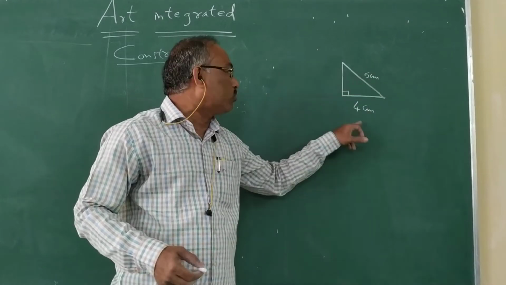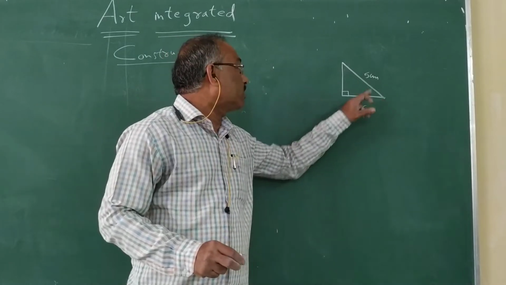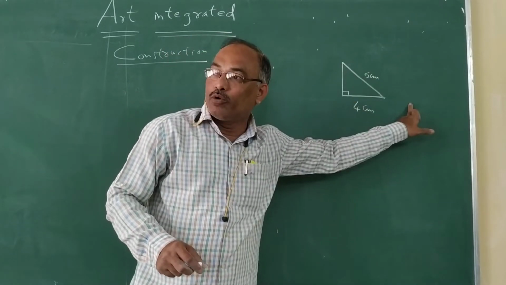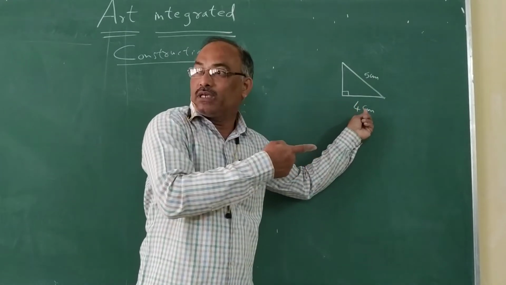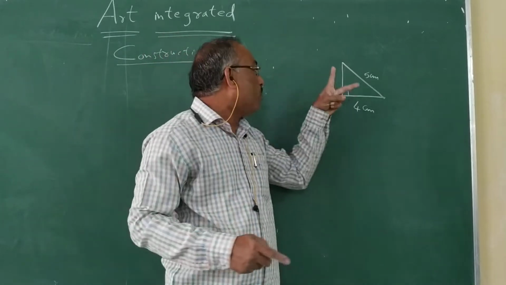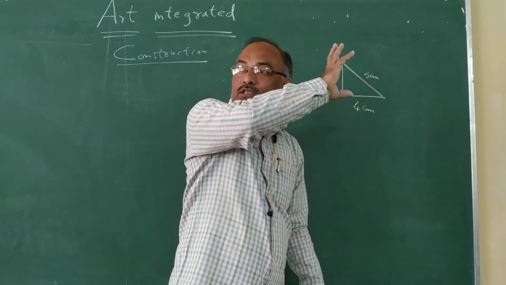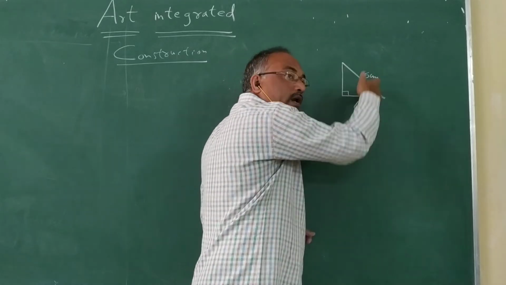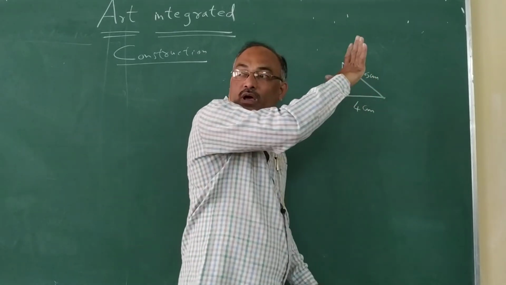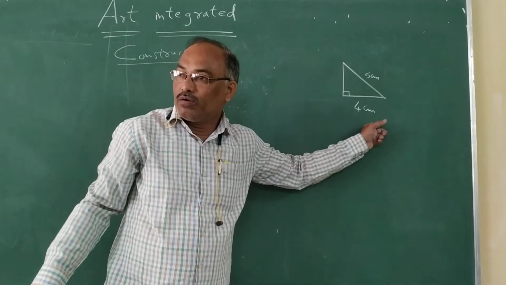Actually a triangle has 3 segments. Out of these 3 segments, which segment will we draw? Base. Why not this one, opposite to 90? Opposite to 90 is 5. We want the base, so first of all we will draw the base. On the base, 2 connectors are there. One is the right angle connected to the base, and another is the known side, which is also connected to this. For the 5 centimeter side, there is only one neighboring known element. So better to draw which one first? Base, of side how much? 4 centimeter, drawn with the help of a scale.